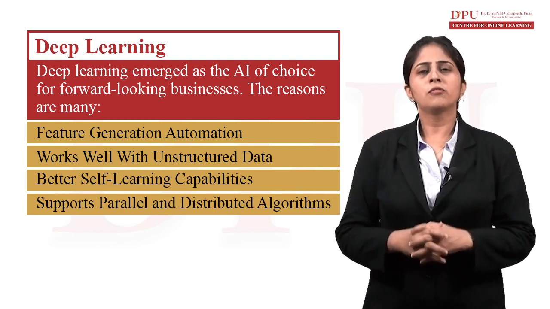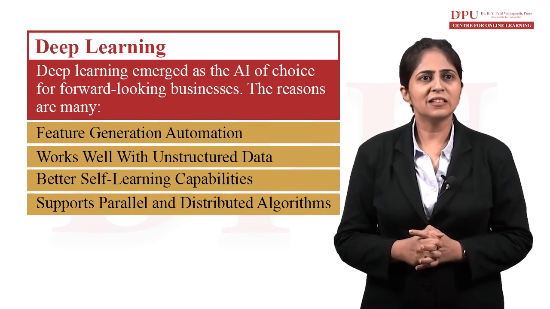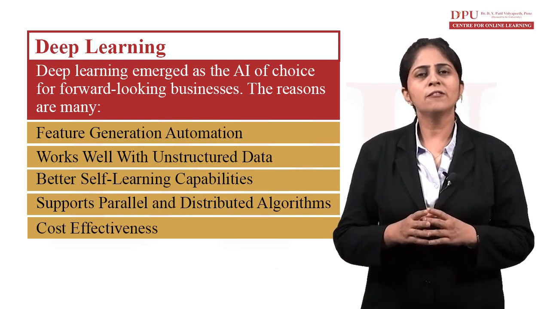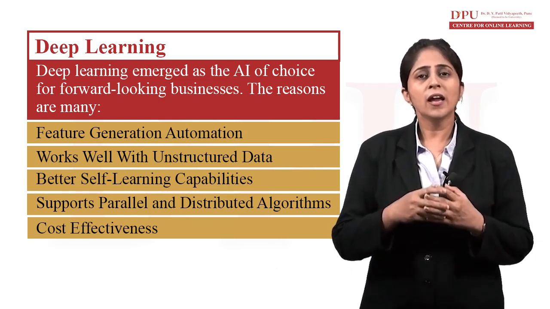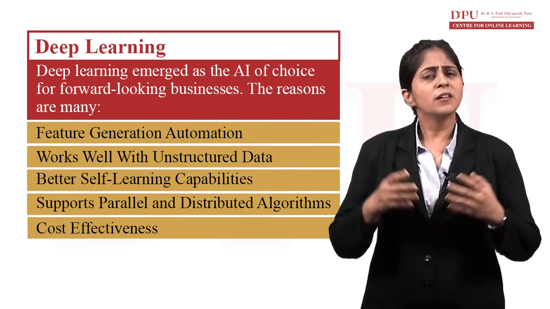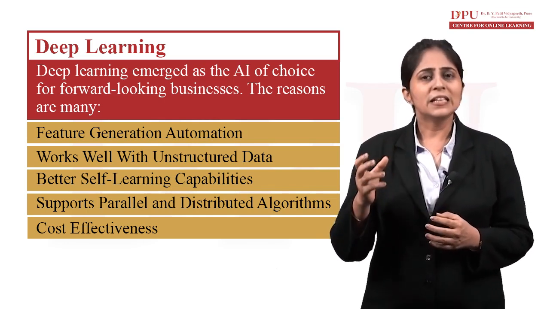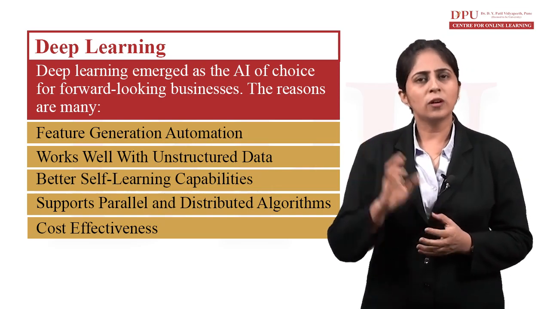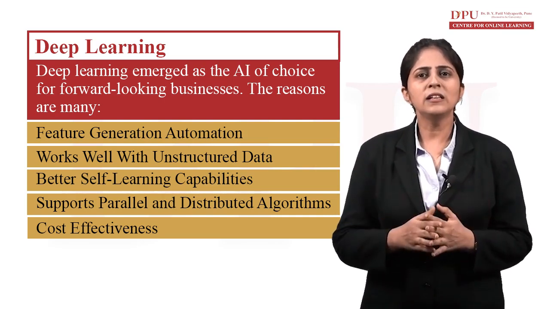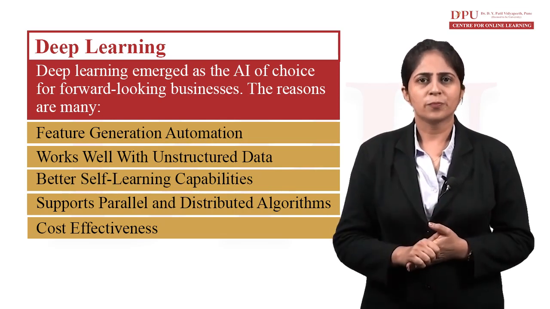The next reason for using deep learning is cost effectiveness. Deep learning algorithms can factor in variation across the learning features to reduce the error margins dramatically across industries. That means these deep learning algorithms work in a cost-effective manner. Here we are using these learning features, and they are reducing the error margins.